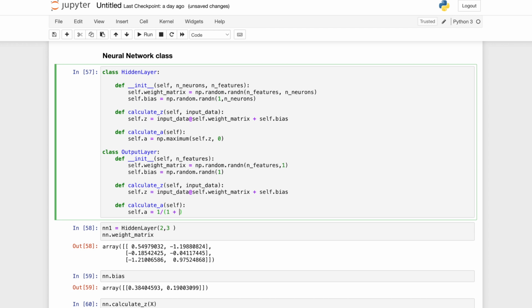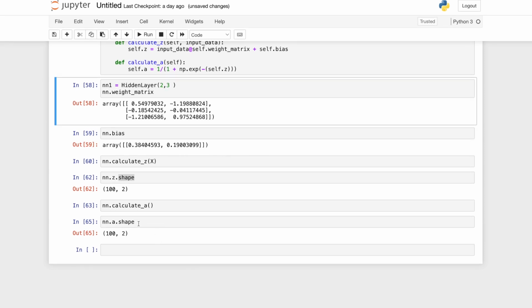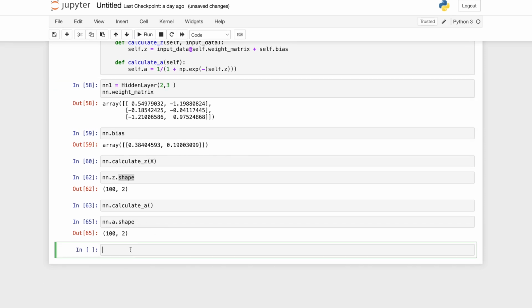It is 1 divided by 1 plus e to the power minus z, and this is the z. So we know this hidden layer works, so we just need to check the output layer. So we have nn.a. Now let's check the output layer,